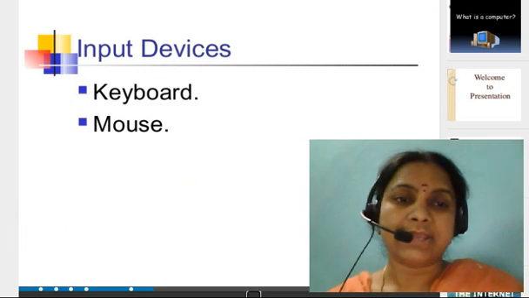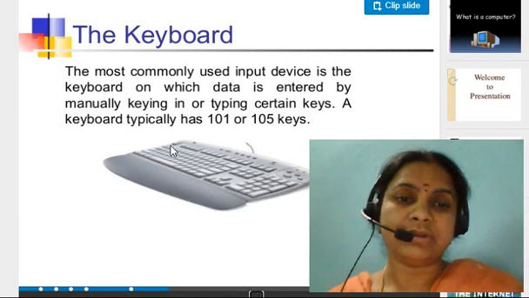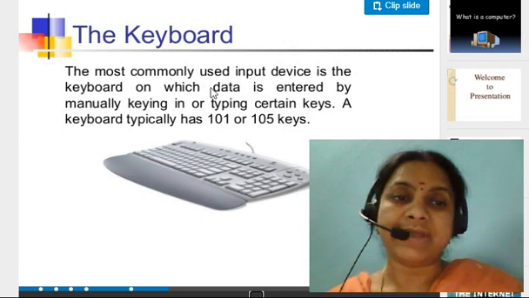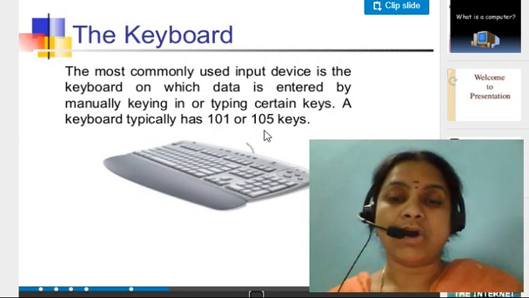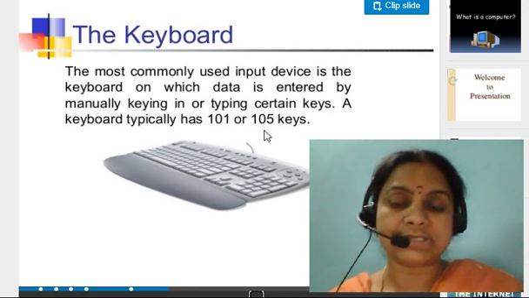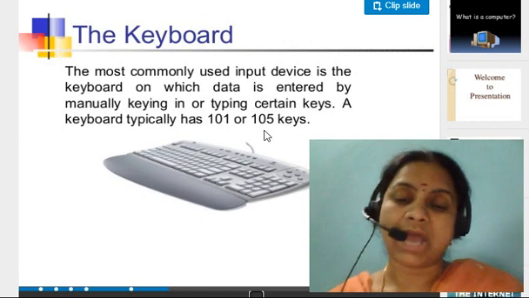Okay, next we come to the keyboard. The most commonly used input device is a keyboard, on which the data is entered by manually keying or typing certain keys. There are typically 101 or 105 keys. How many keys do we have? 101 or 105 keys, depending on the model. Here we have special characters, numbers, alphabets,